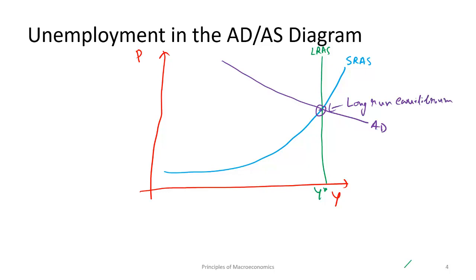Now let me go into details of this long run or potential GDP. So Y star is our potential GDP, which means that we are utilizing all our resources, which also means that our unemployment is at the natural rate of unemployment,